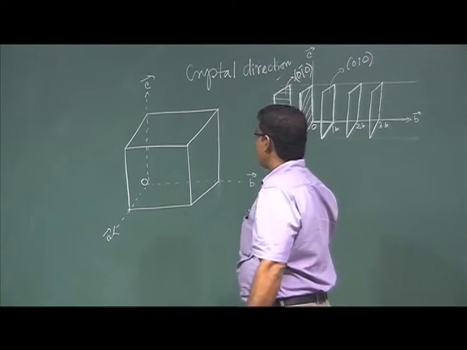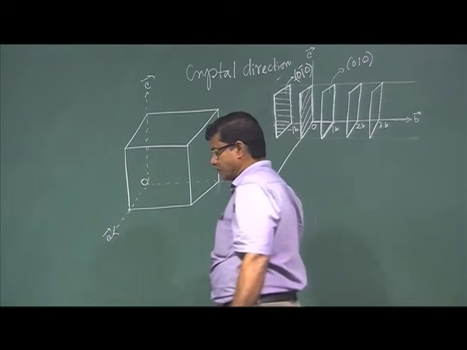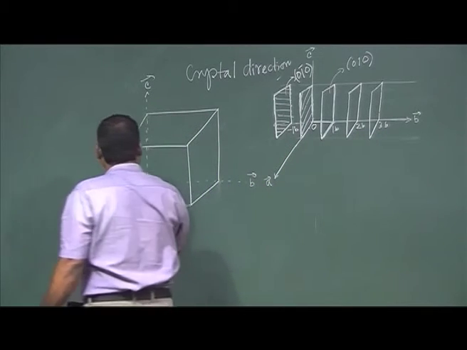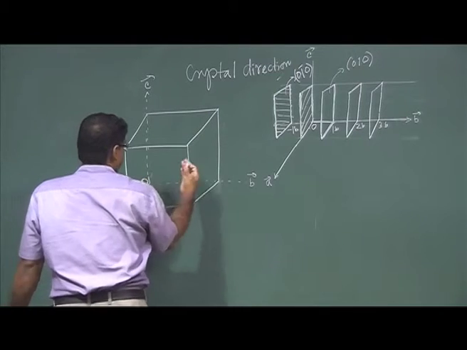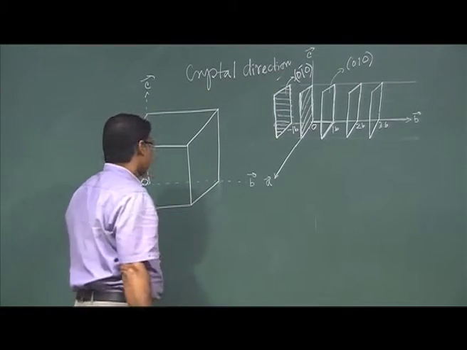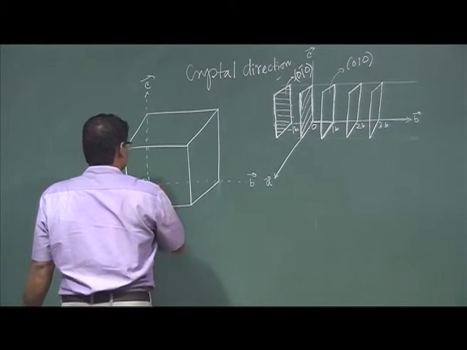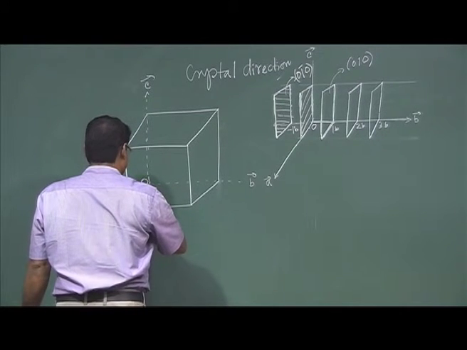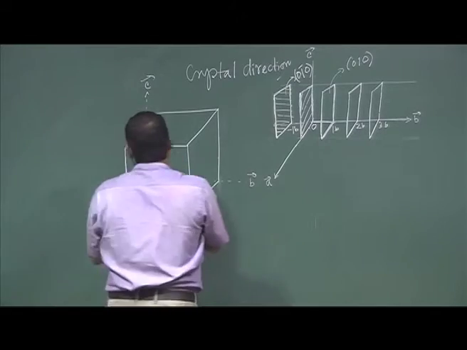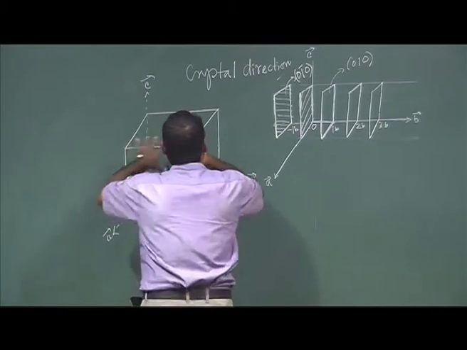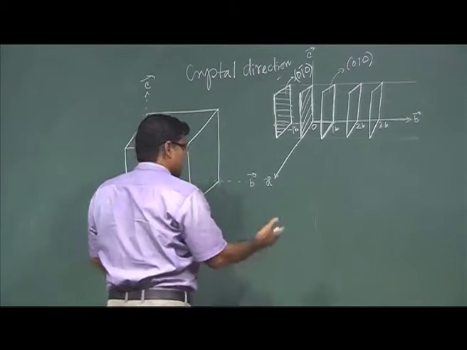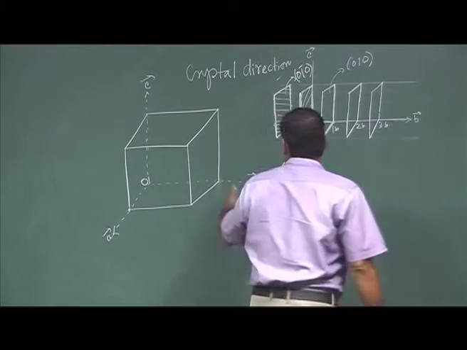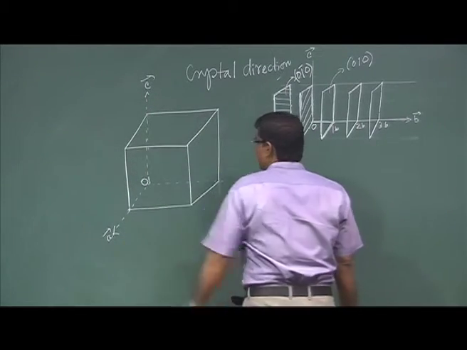So, for the direction of a crystal, the line may or may not pass through the origin. This is the unit cell of the crystal, but in a crystal you basically have many unit cells,